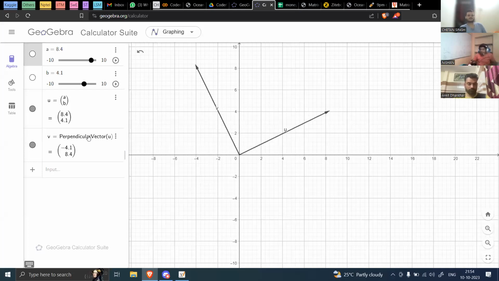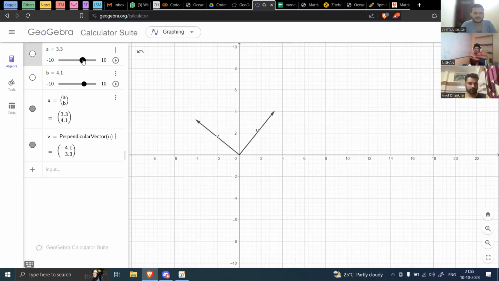So the relationship between the slopes of two perpendicular lines that we've seen in linear functions in one variable is that the product of the slopes is actually -1, right? So can we relate this with that? Can we vary the a and b, and look at what happens when we vary a and b? What happens to the